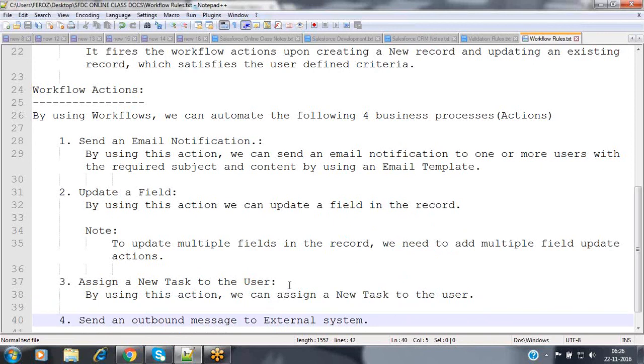Suppose, for example, assume that I'm working in an organization. I'm a junior member inside the team. Every day my project manager allocates tasks to me. Now this task is not sent as an email notification. There is a tool available, it may be Jira, QC, TFS (Team Foundation Server), ServiceNow, or whatever tool.